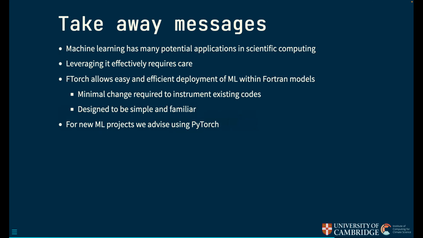So I think in conclusion, there's a few takeaway messages, largely very similar to those that Andrew presented. This is a very fertile land at the moment for using machine learning to accelerate or improve scientific computing, and it needs this interplay between a lot of these specialisms within computer science, domain science, etc. Our library is targeted at making it easy and efficient for researchers to deploy PyTorch models within Fortran with relatively small changes to their existing codes and trying to keep things familiar.